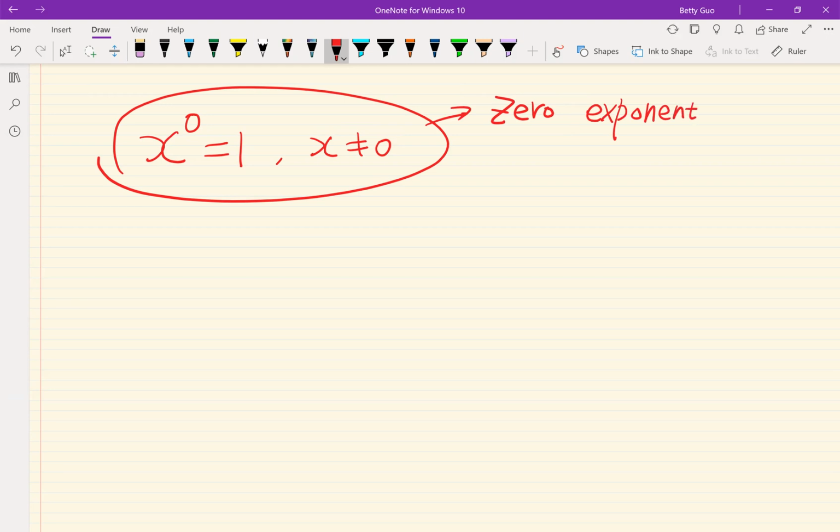Let me repeat the content of this formula. For any given non-zero quantity, which means as long as the base is non-zero, if the exponent on the shoulder of the base is 0, then the value of the exponentiation is 1. You can see that as a formula or a definition actually. We define any non-zero quantity to the power of 0 equals 1. For example,